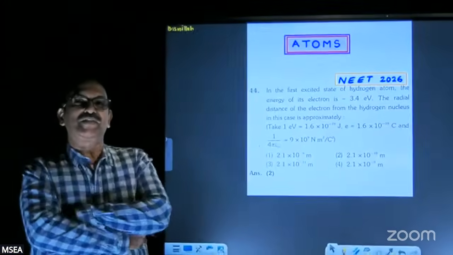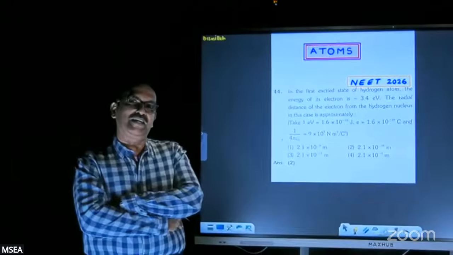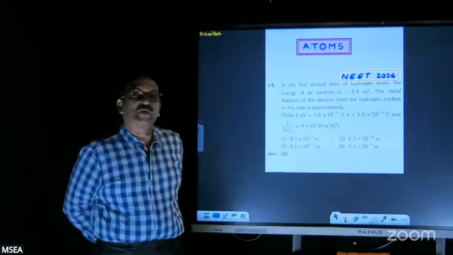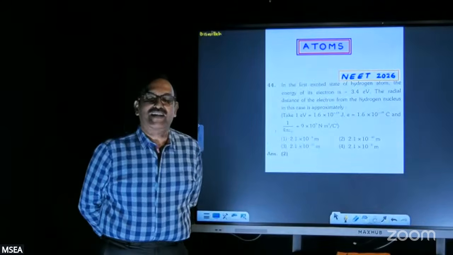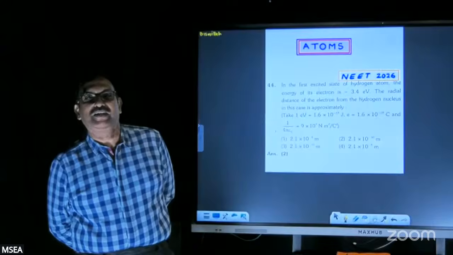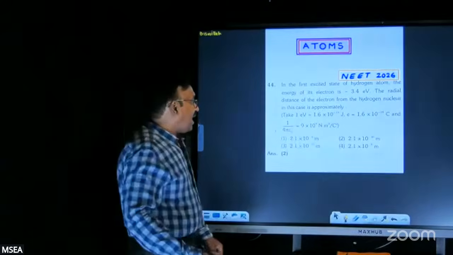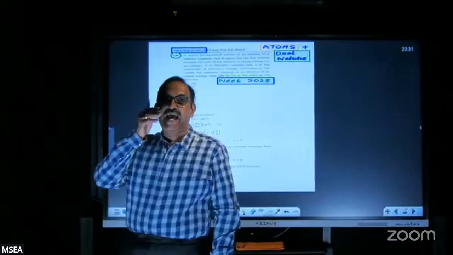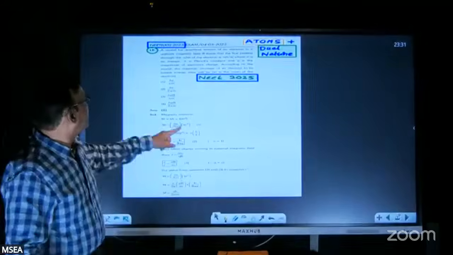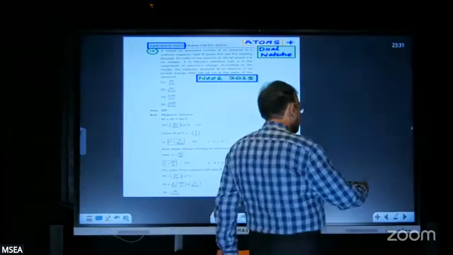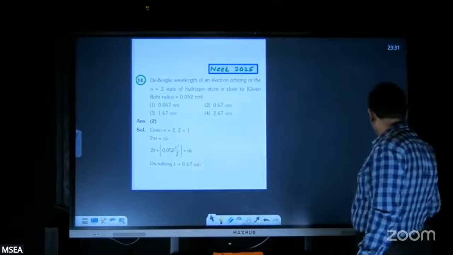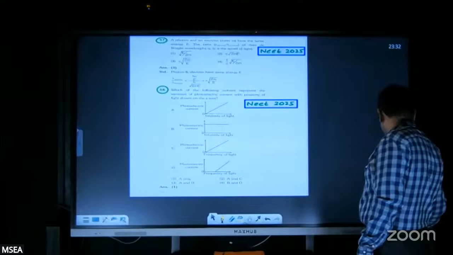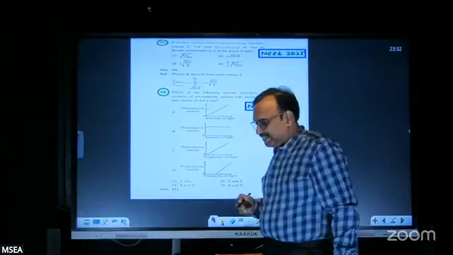Now, understand the importance of the dual nature of matter and atoms topic, particularly in 2025, which is supposed to be one of the slightly different and difficult papers. There are as many as 5 questions under the heading of atoms and dual nature. You can see the questions here. This is one question based on atoms, and these are the questions from atoms and dual nature. As many as 5 questions they have given in physics.